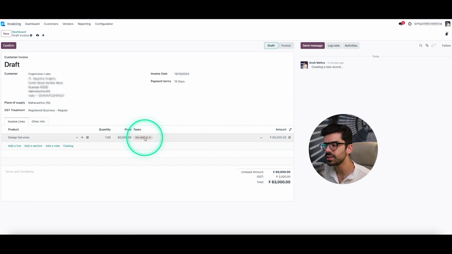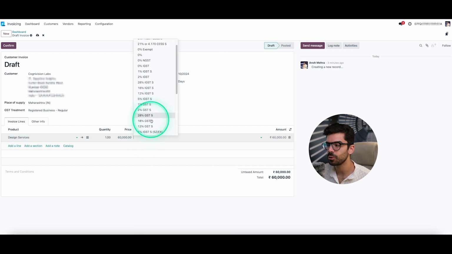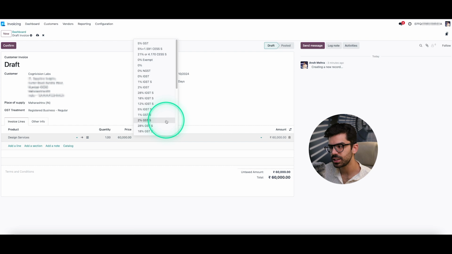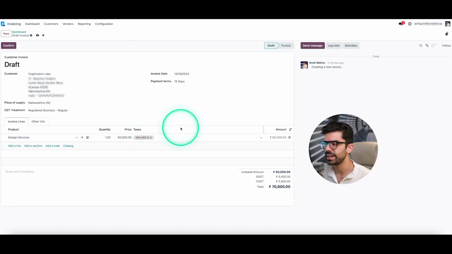So if I select this option right here and click on this cross icon, I can basically select how much tax I need to charge. Now, in most cases, if you are in GST, you just have to select 18% GST. If you are sending it to a different city, then it's usually a split into 9 and 9. We won't get into the taxation aspect. It is always better to consult this with your CA. But let's just assume I want to put 18% GST.